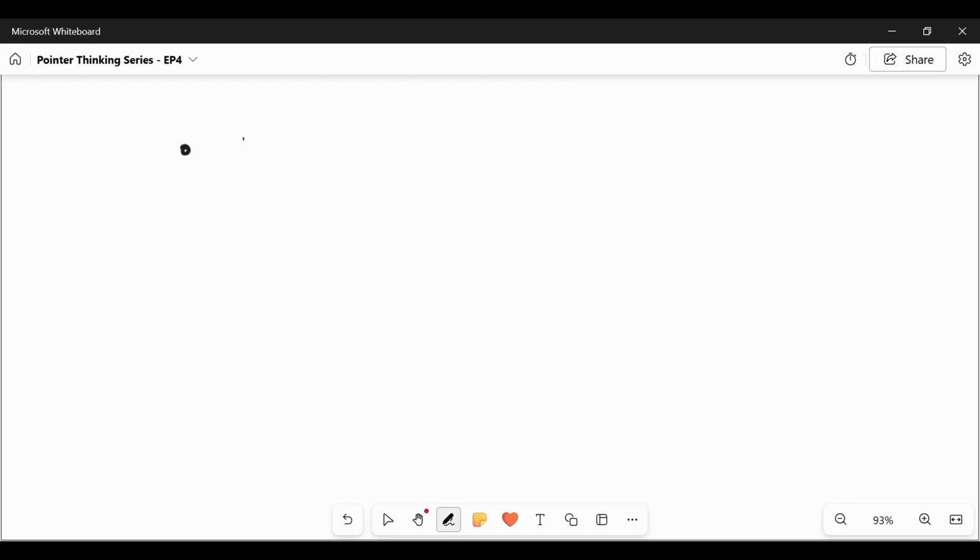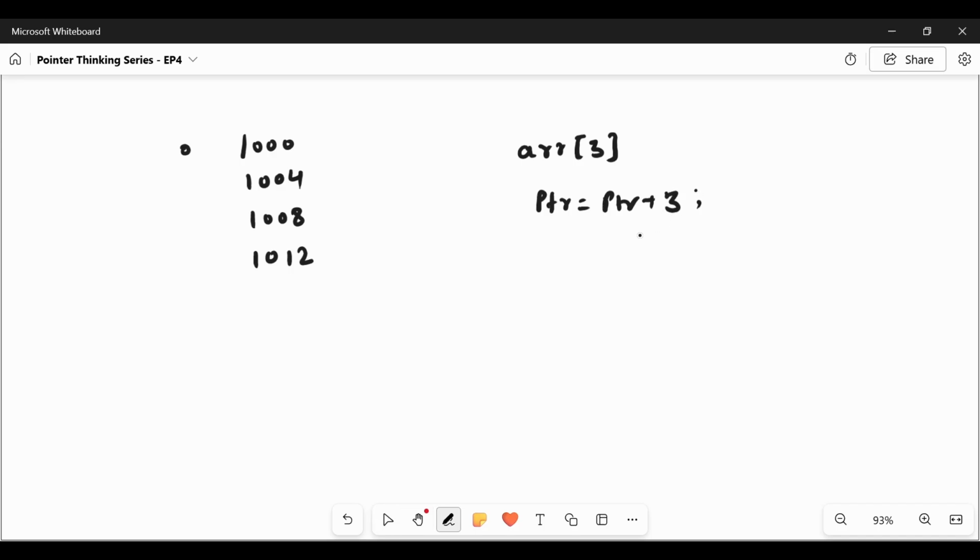Like we have an array which is stored at addresses 1000, 1004, 1008, 1012, like this. When we have to find the address of array of 3, by the pointer we will simply move ptr plus 3. When scaling is done by the compiler, it will be 3 into 4, which is 12, so it will move to this address. When the compiler does not do any kind of scaling, it will become ptr is equal to ptr plus 3, so 1000 plus 3.